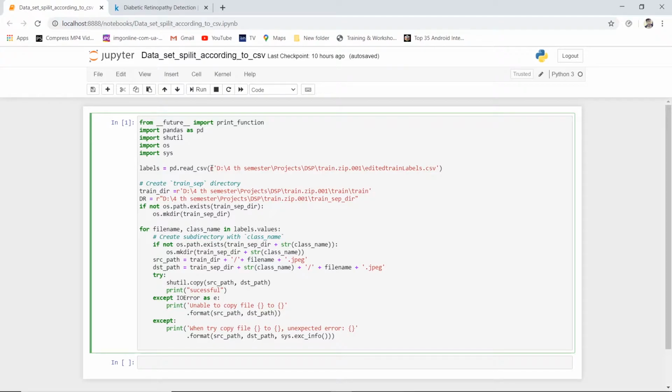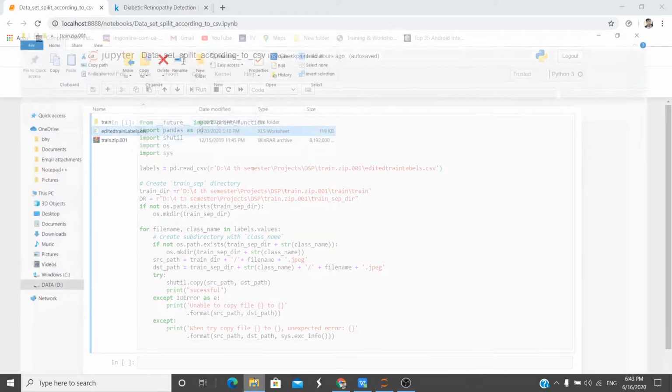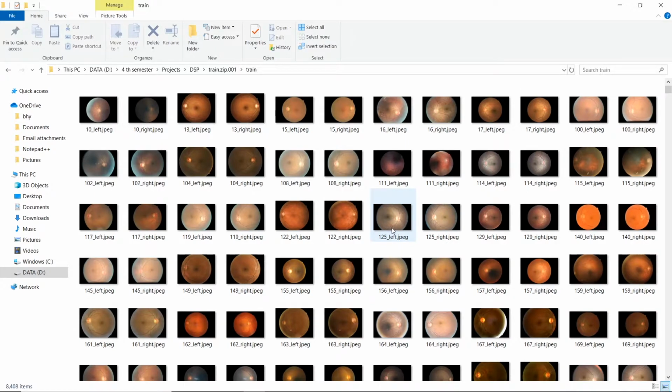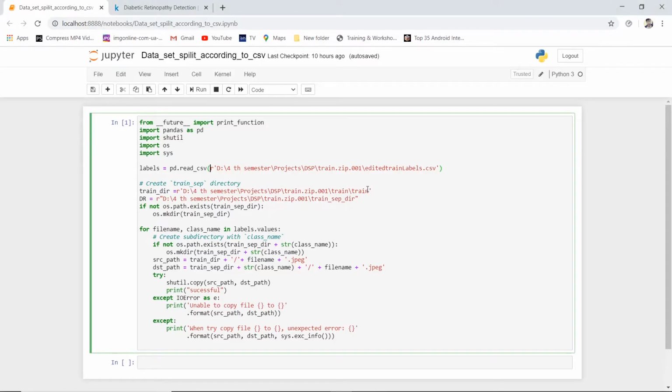So include this R which makes this a raw string. After that, you need to give the location of your images, or the location of the dataset, that is this, where all your images are present. You need to provide that location, copy that location, and do the exact same thing.